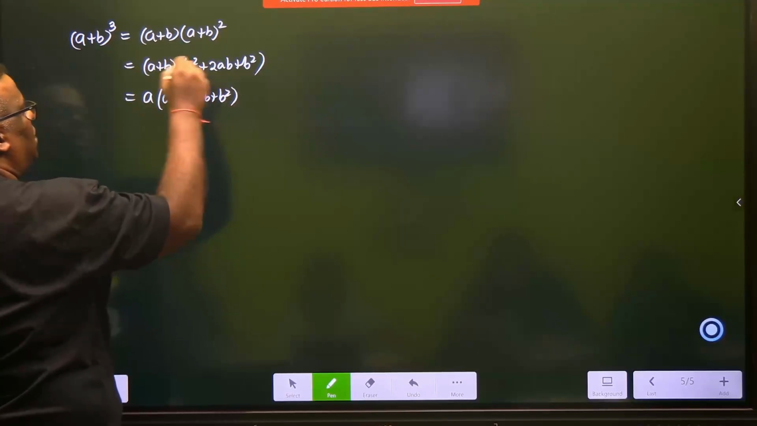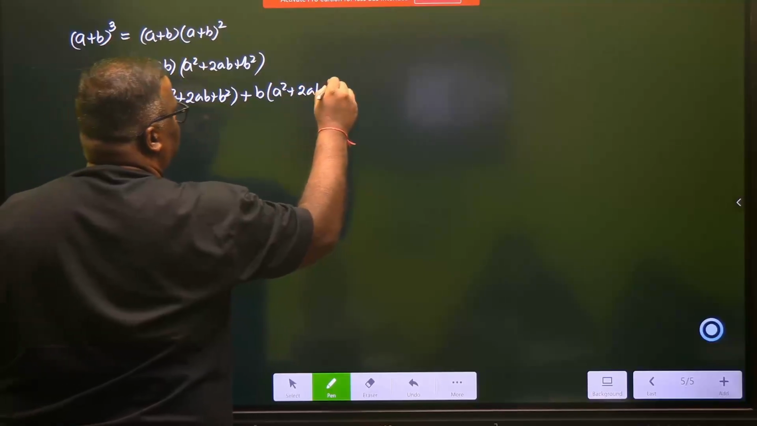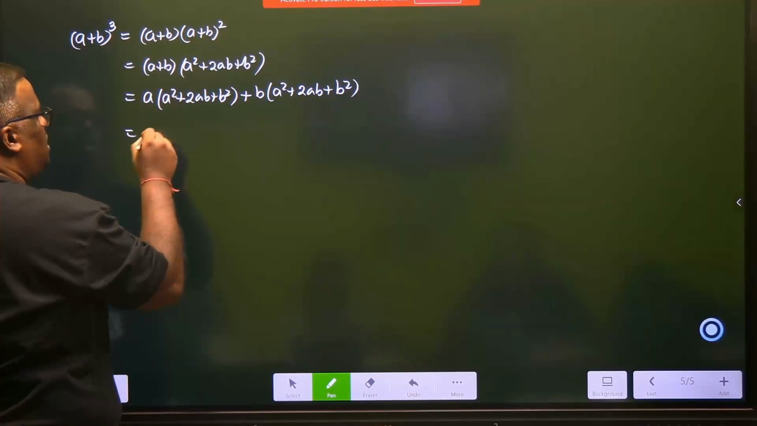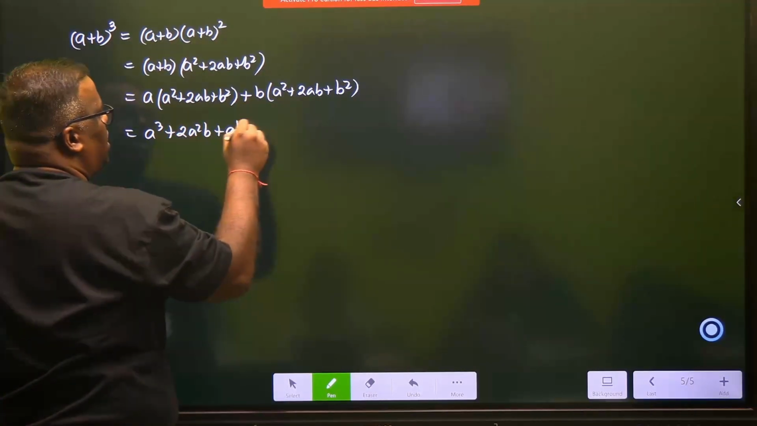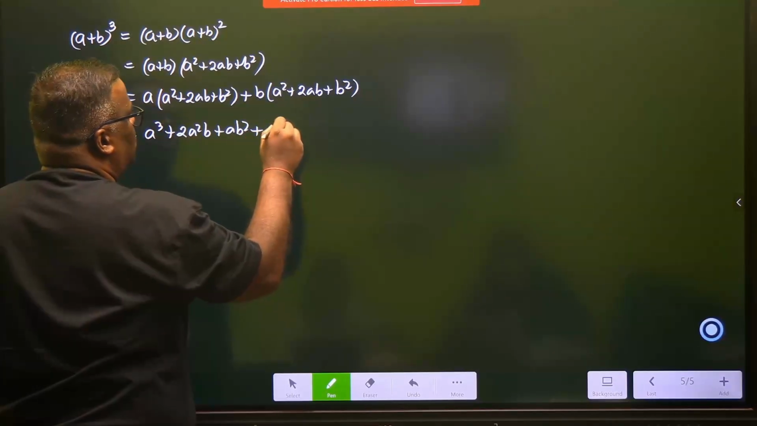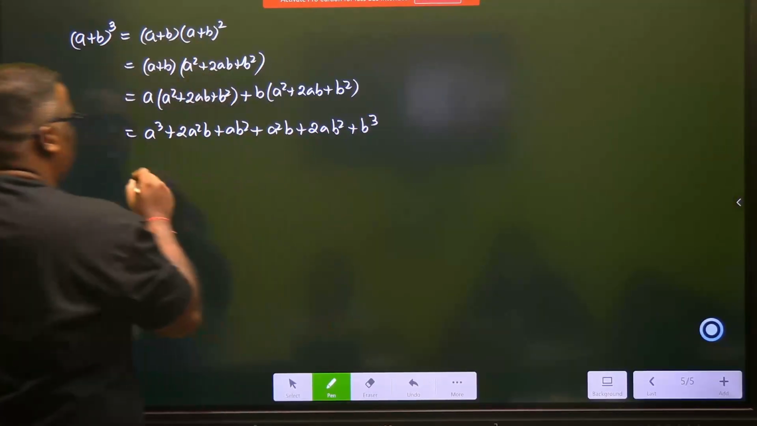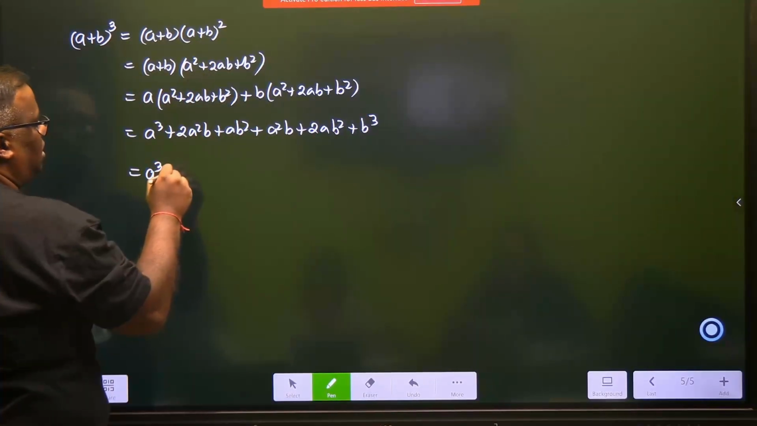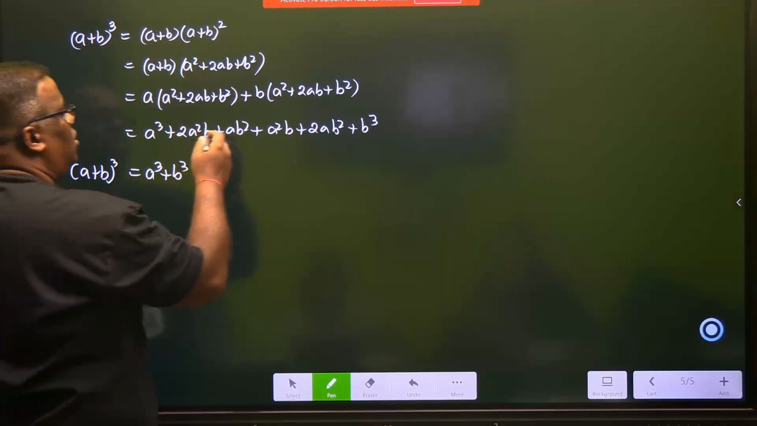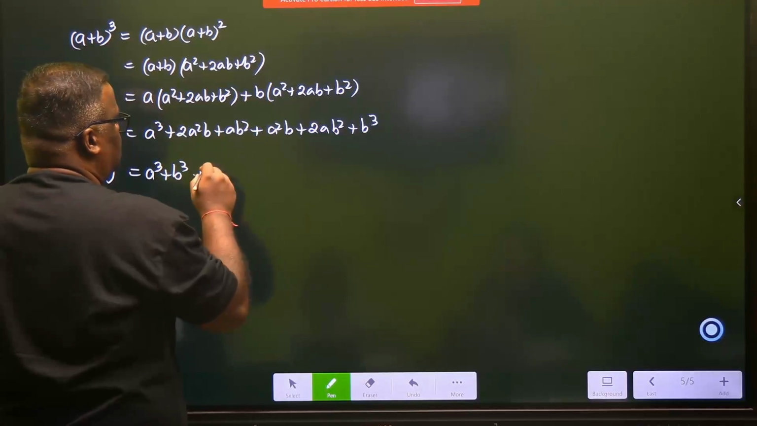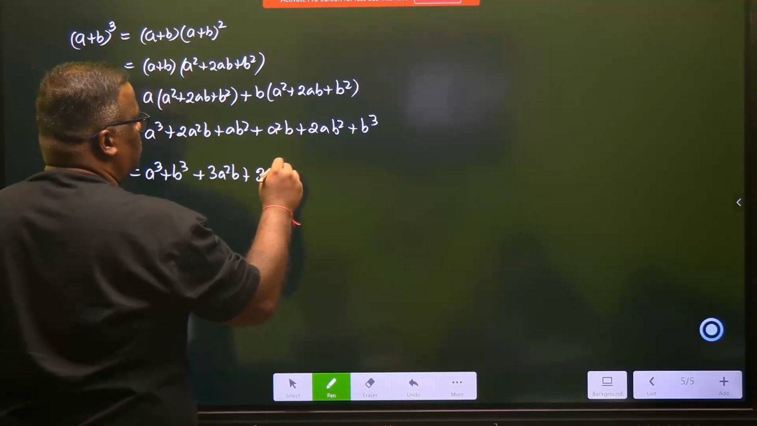We are typically multiplying a binomial into a trinomial, a plus b into a square plus 2ab plus b square. This gives me a cube, 2a square b, ab square, a square b, 2ab square, and b cube. If I rearrange the terms, the cubic terms stay, and 2a square b plus a square b becomes 3a square b, and ab square plus 2ab square becomes 3ab square. So this is the formula